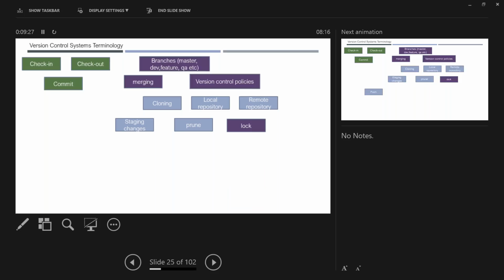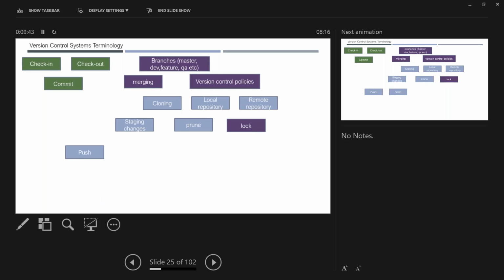And then lock is nothing but, let us say you're done with your coding, you have given releases to production, and you don't want anyone to make any changes to that repository, that code base, then you can go ahead and apply a lock actually.